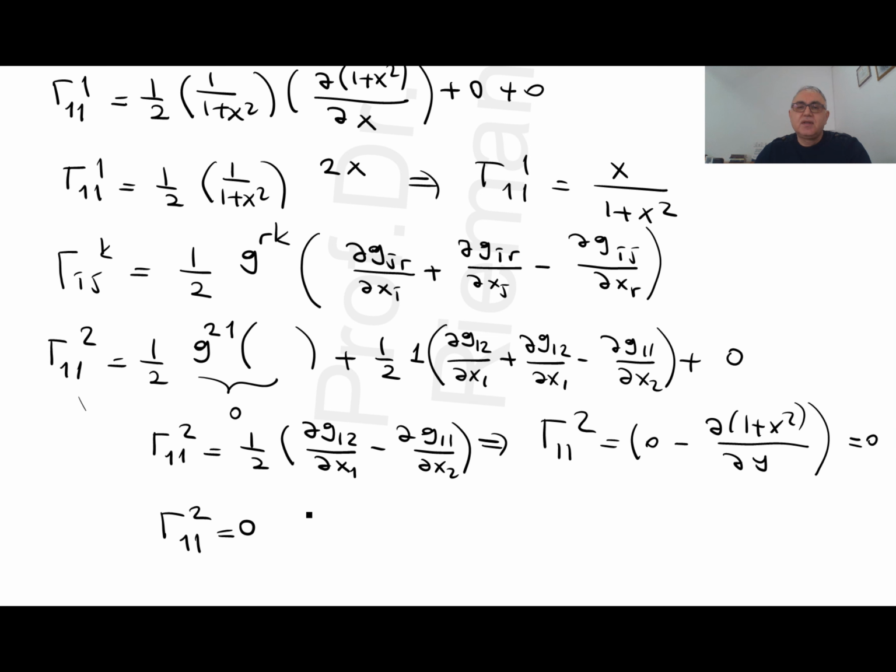You see, by using this formula, we can calculate Christoffel symbols. For this manifold we found two components, but you can find the other components in a similar way. So it will take some calculations, but the method will be the same. Okay, that's all for this